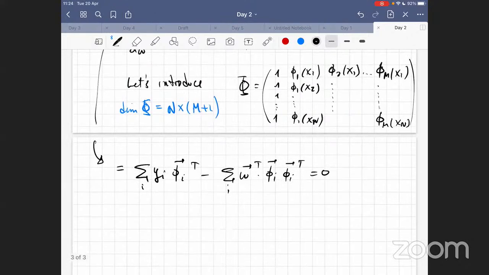And this is the moment where you can express, for example, the first and the second term using this matrix I just introduced above,